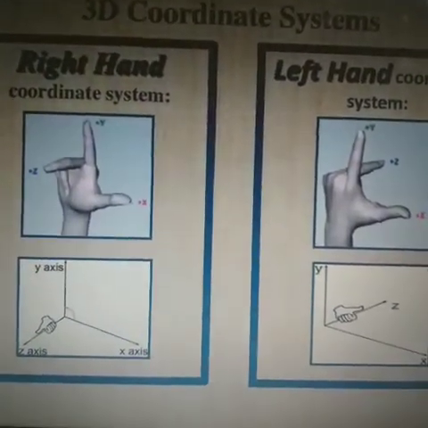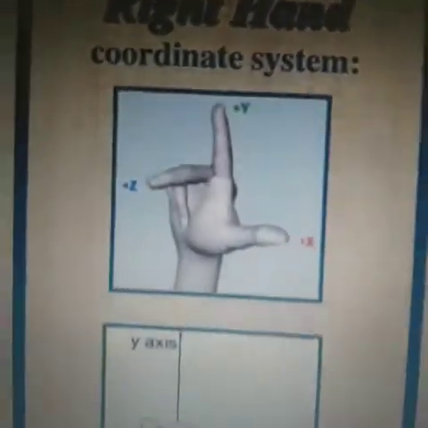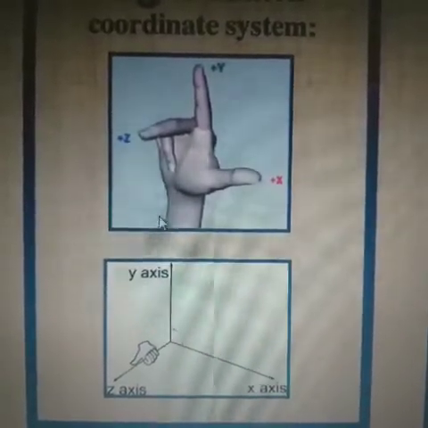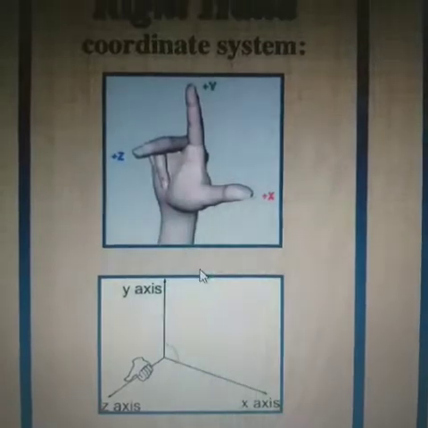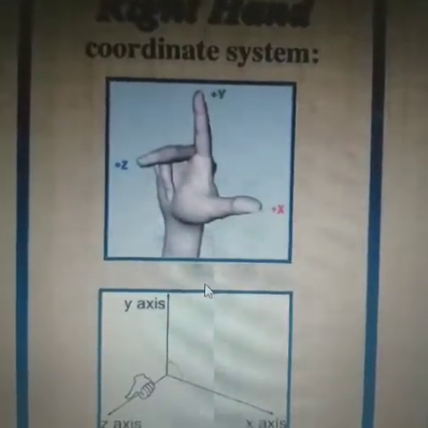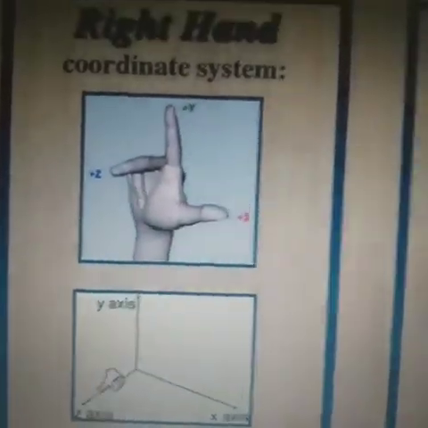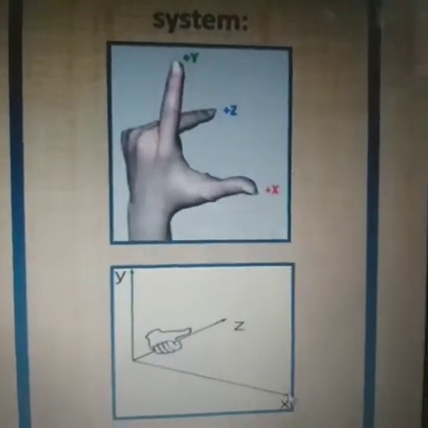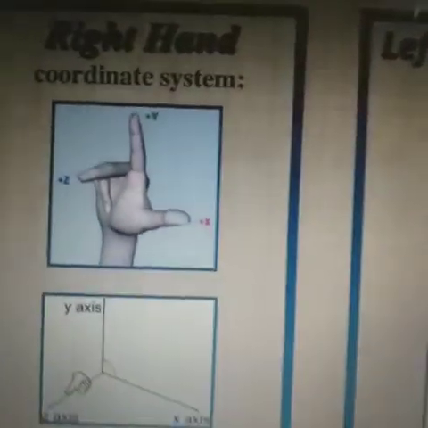In the three-dimensional coordinate system, we usually use two systems. First is the right-handed coordinate system. In the right-handed system, the x-axis is on the horizontal side, the y-axis on the vertical side, and the z-axis in the direction perpendicular to both axes. This is mainly used in mathematics and in numerical calculations. We mostly use the right-hand coordinate system. We can also use the left-hand one, which is represented like this: x, y, and z. We can use both these systems, and we prefer the right-hand coordinate system.